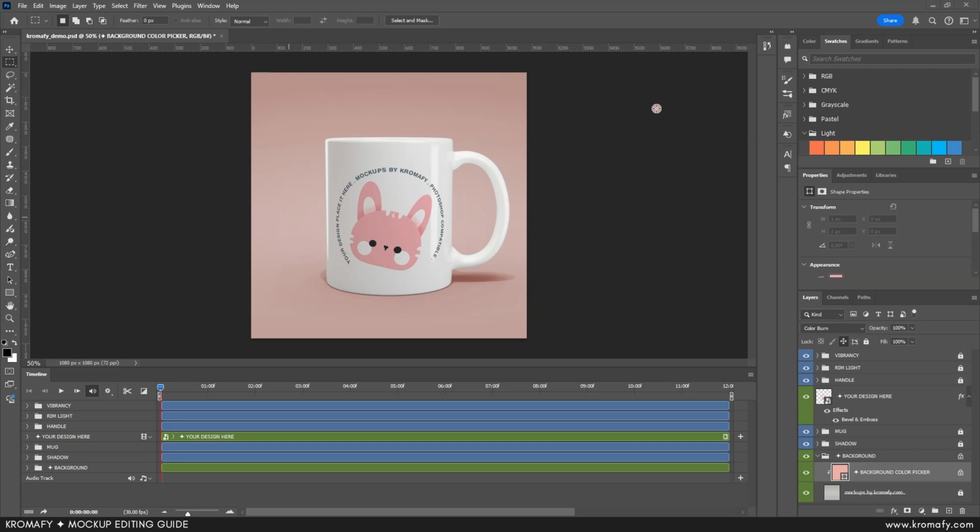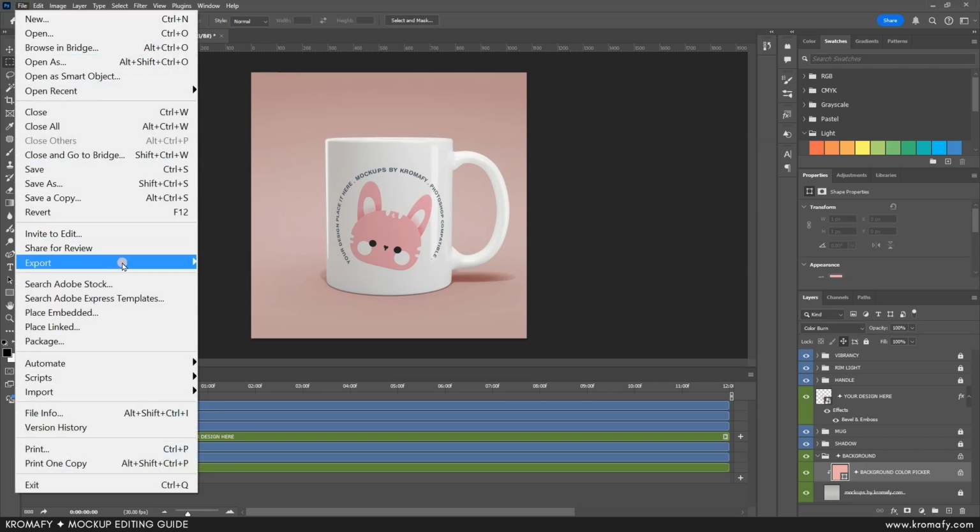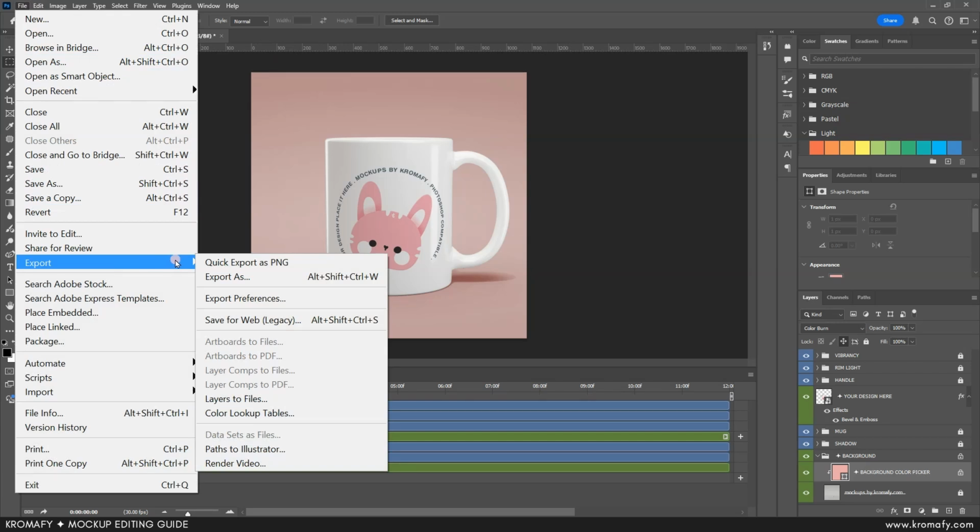It's finally time to export your mockups. There are two ways to do this. You can either export a single image or a 360 video turntable of your mockup. To export a single image, go to File, Export. You can either select Quick Export as PNG, or if you'd like to save it as a different format,